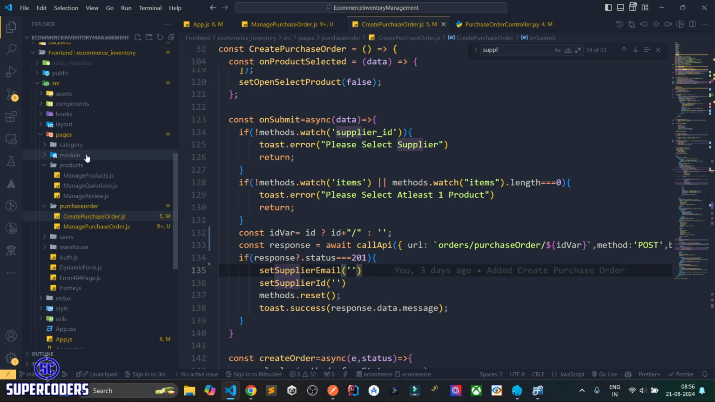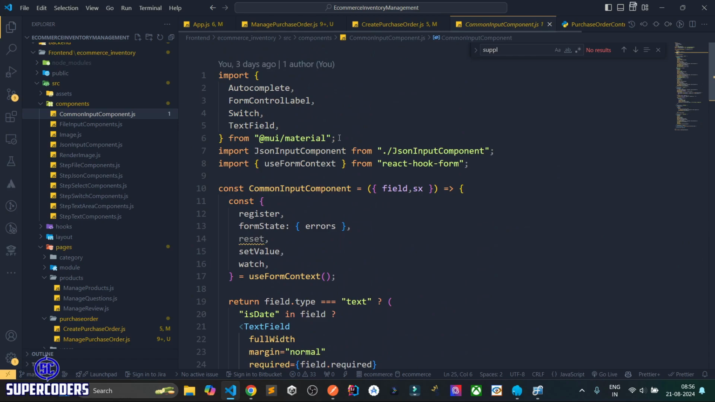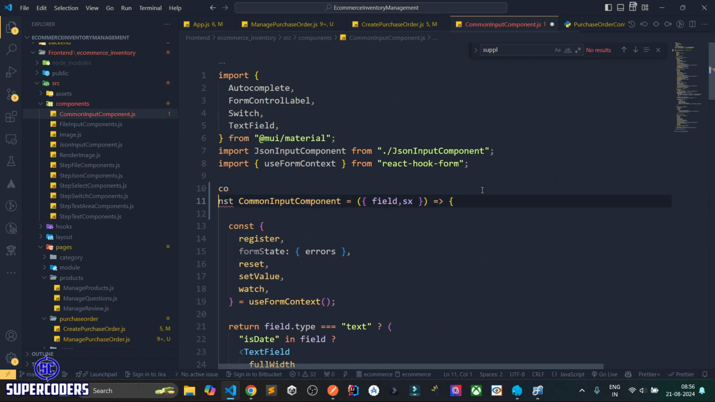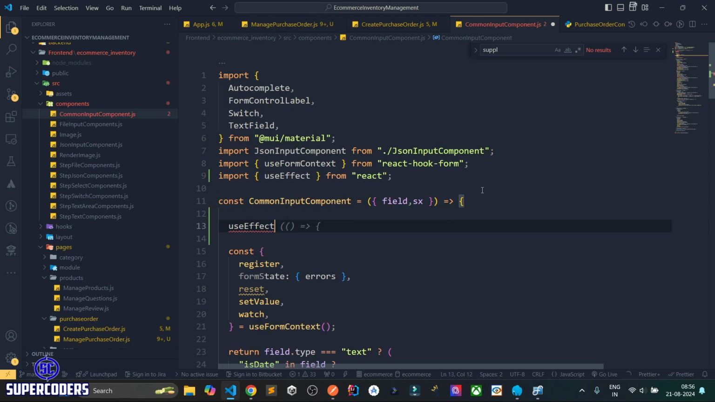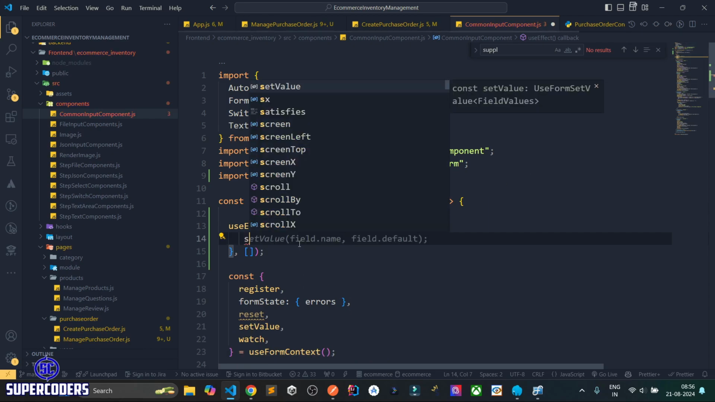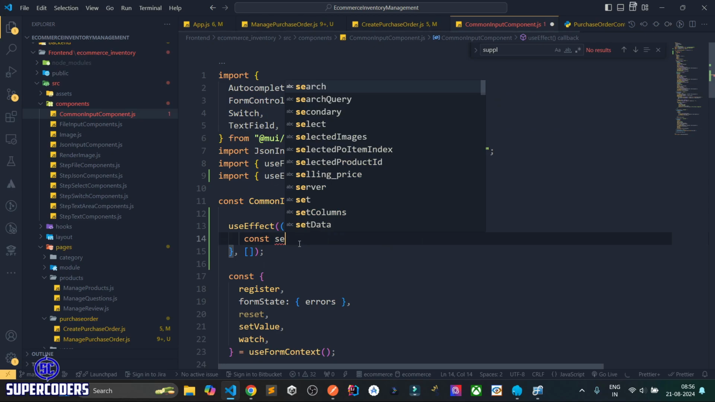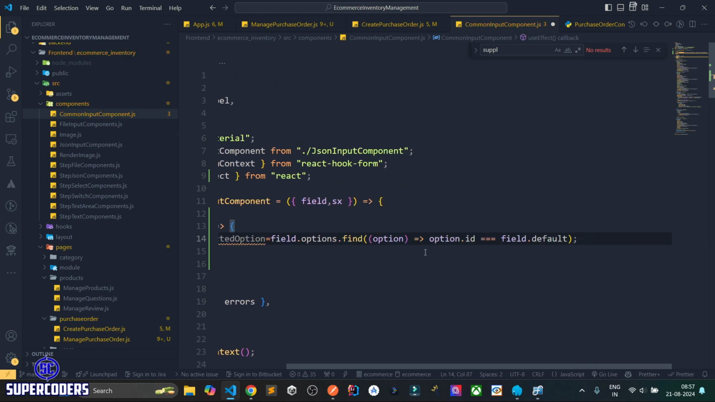So what I can do in our component, in the common input component, let's create a useEffect, and here use it as an empty array because I'm running only one time. So what I can do here, selected option equal to field.options.find option.id equal to field.default, or